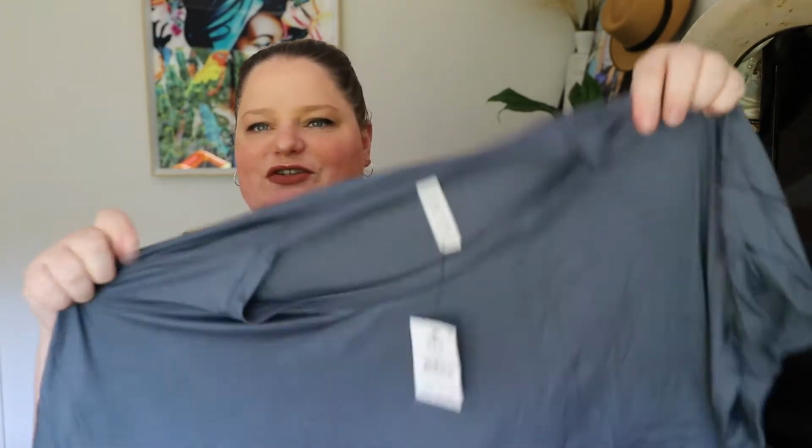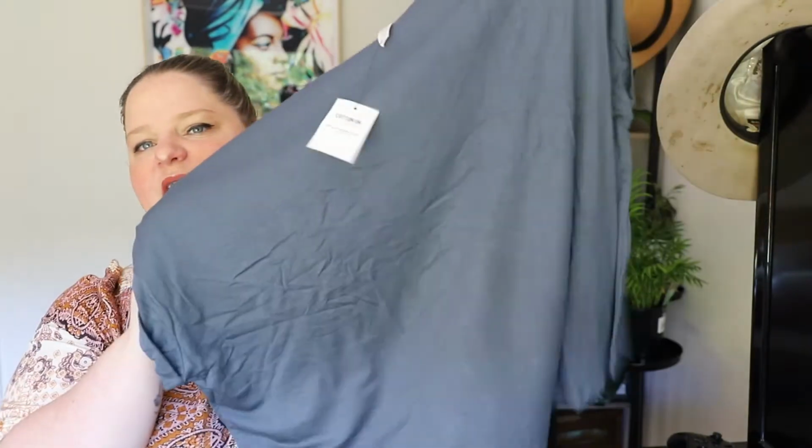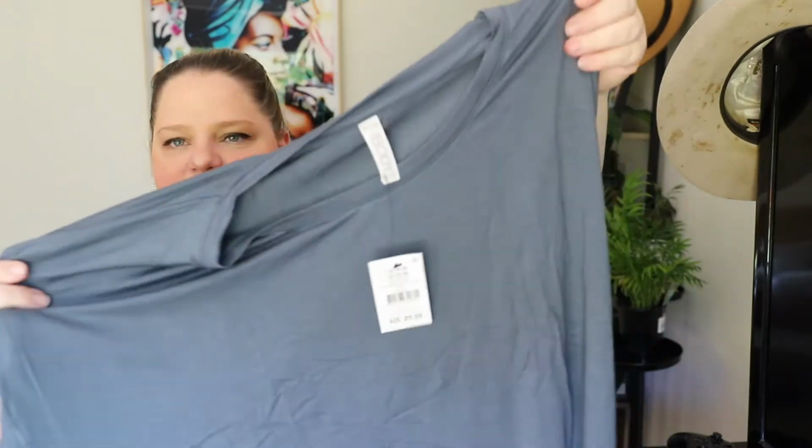Oh my god, it feels so soft. Okay, well, I don't even care. I'm keeping these. I don't even care what they look like. They have a really cute rolled sleeve. Man, they are soft. And then the bottoms to go with them